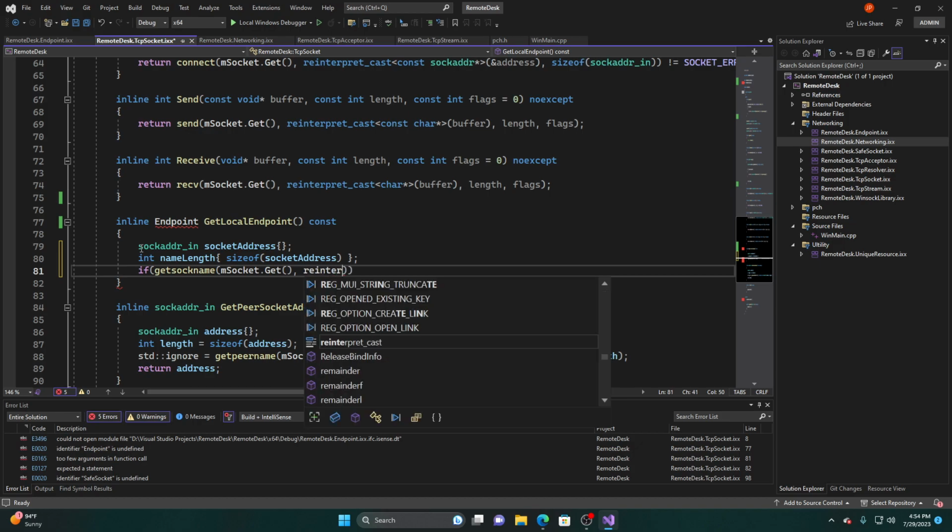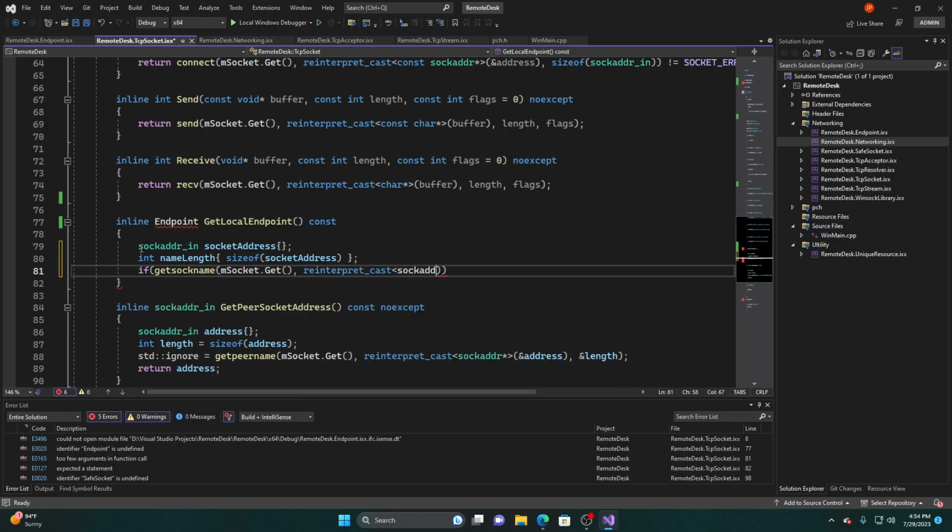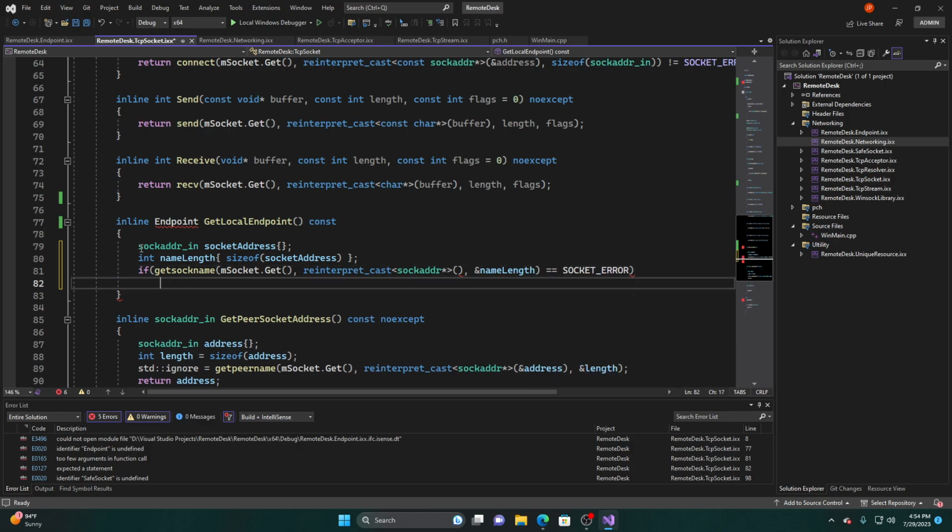Now we're going to do a reinterpret cast to a sock address pointer and address of name length. If this equals socket error,